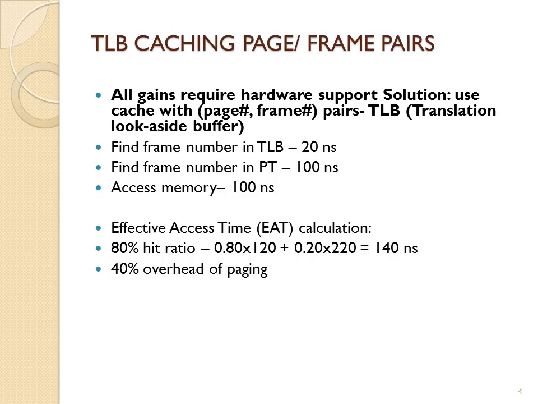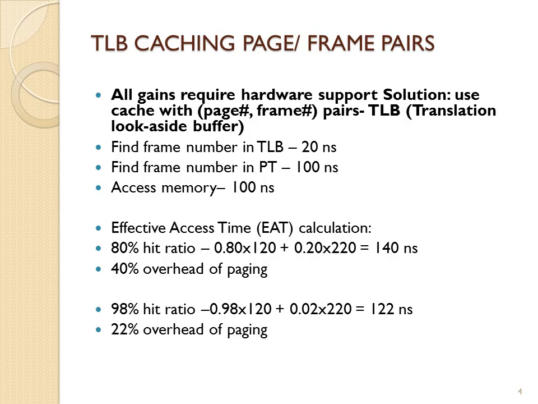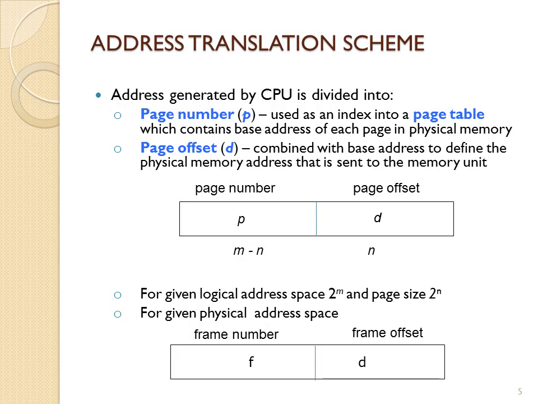So you can do a calculation where if you have an 80% hit ratio, you only have 40% overhead, which is an improvement over the 100% overhead. And if you have a 98% hit ratio, you have only a 22% overhead. So this caching with the TLB is very commonly used, and again, like with all caching, it's due to the fact that if page frame pairs have been referenced, there's a chance they will be again in the near future. The next thing we're going to talk about is address translation,